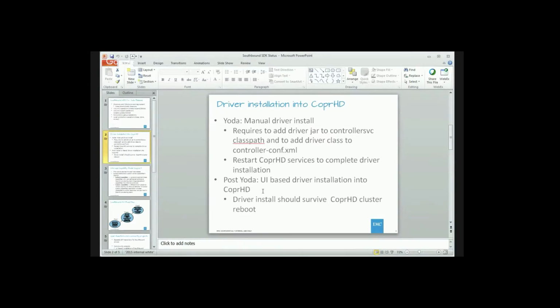For Yoda, at least the ScaleIO driver should be there by default, right? Yes, we plan to have it by default. There's only one currently hard-coded place in portal service where we need to add the ScaleIO driver. All other places are XML files, so a couple of XML files which we put as part of the Yoda